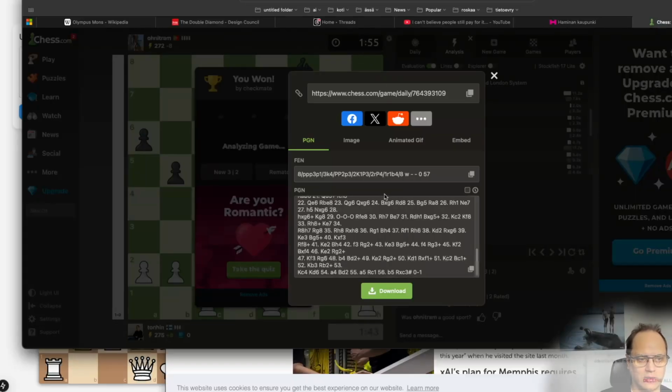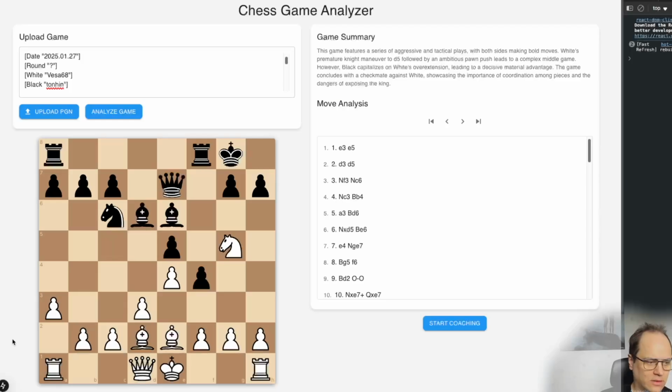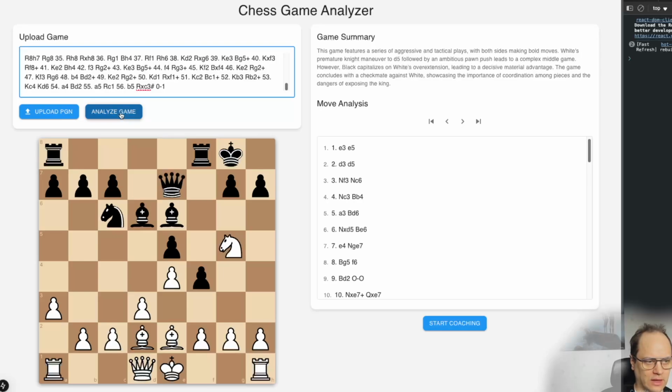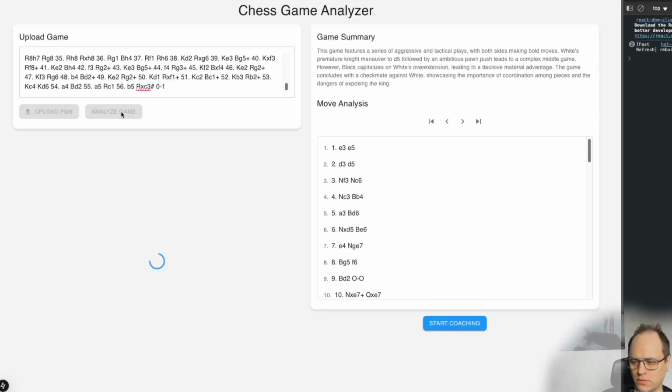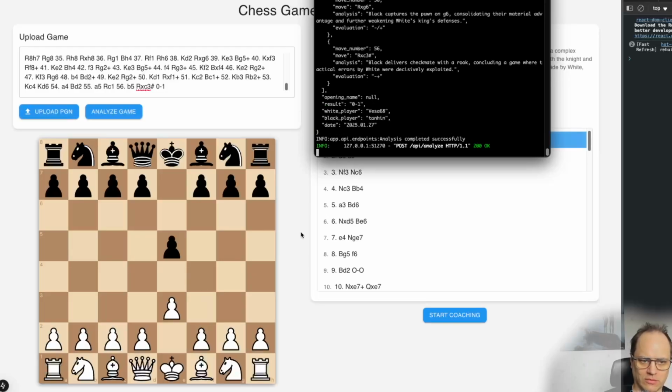So I can now go here and copy the PNG from chess.com. You can go to your game history, copy that one and paste it here like this, and then analyze game. I can see now in the backend that it does some analysis here, and it shows that I'm doing some work here. It will take some time. Okay, now it has